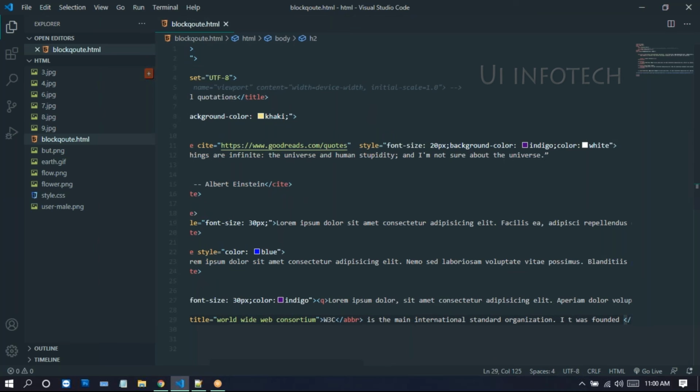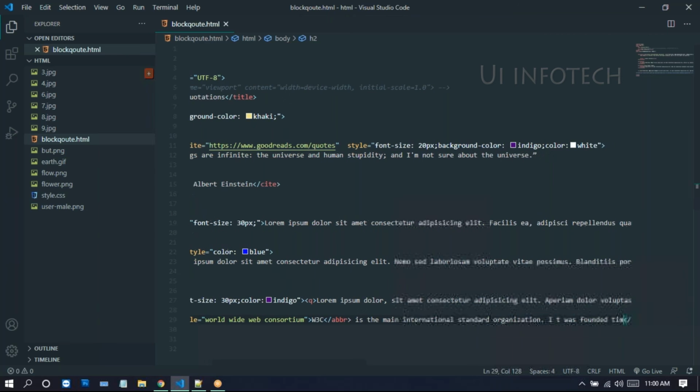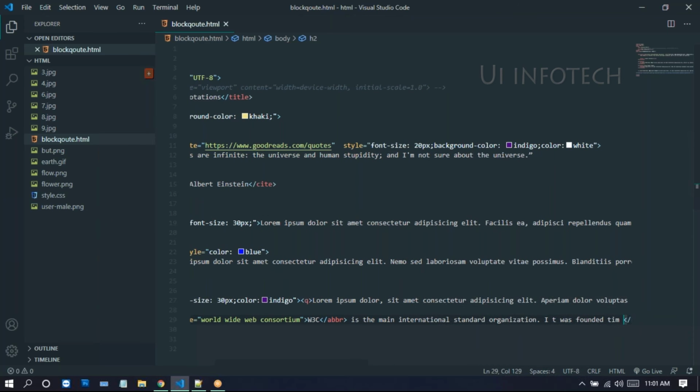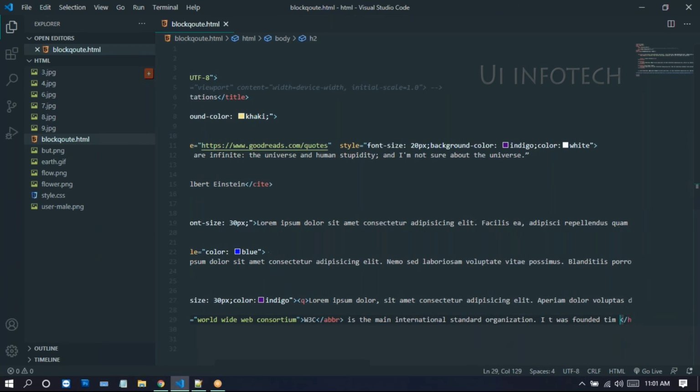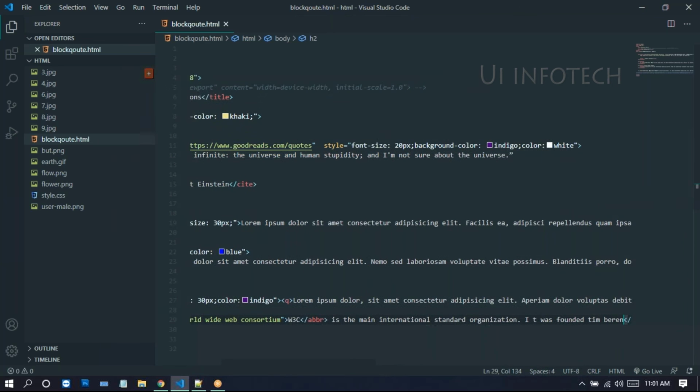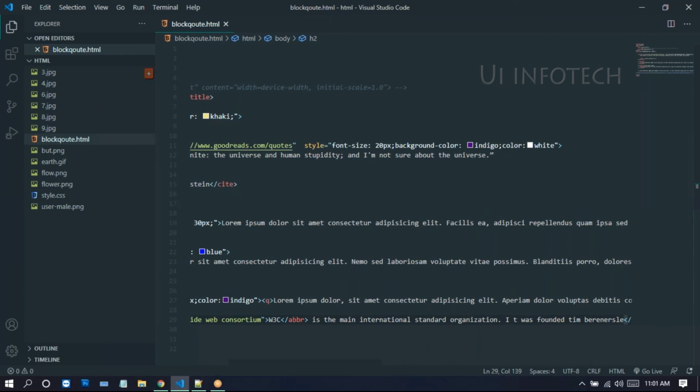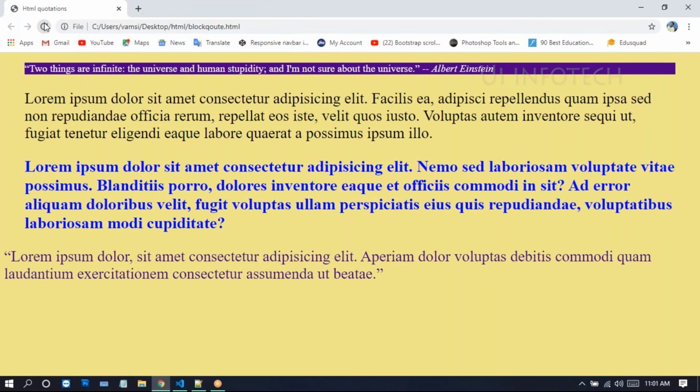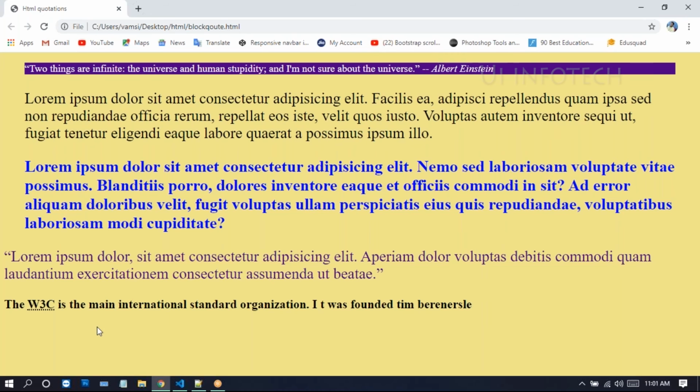It was founded by Tim Berners-Lee, who is the founder of web development. If you run this on the browser, look at this one. Here we have text. If you hover on this one, look at this. A tooltip will appear saying World Wide Web Consortium. So like this the abbreviation will work here.